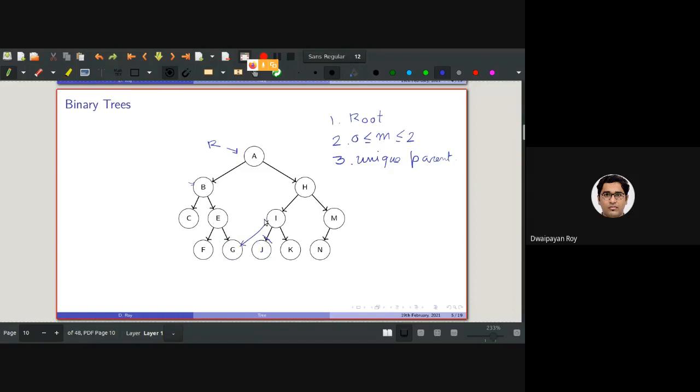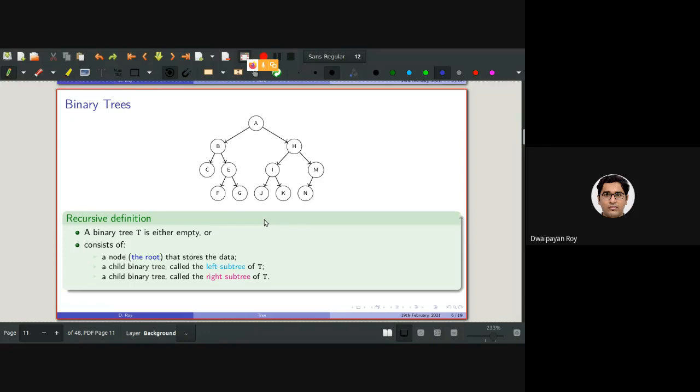All right. So let's define a binary tree from a recursive perspective. So a binary tree T is either an empty tree, I'll be coming to what I am referring to as an empty tree, or it consists of a node, basically the root node that will be storing the data, and a left subtree, which is also a binary tree, and a right subtree, which is also a binary tree.